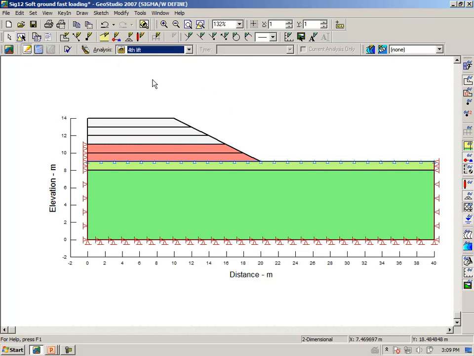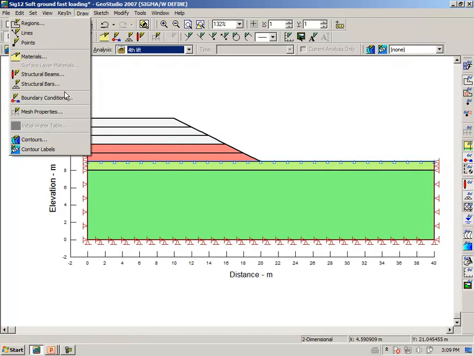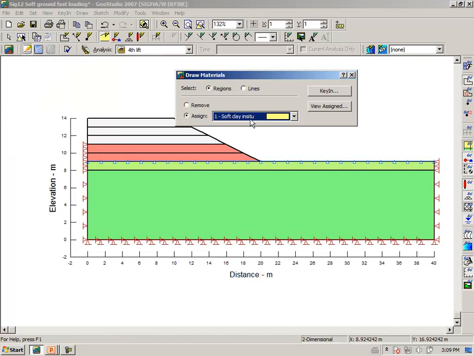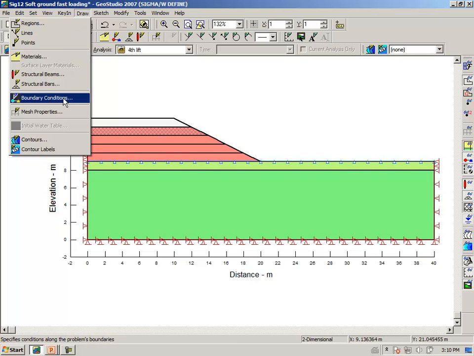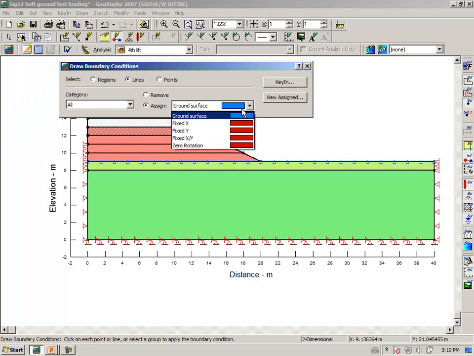Fourth lift, draw materials, sand material fill, and now the cross hatching should be in the fourth lift, and our boundary conditions, draw boundary conditions, displacement x is 0,